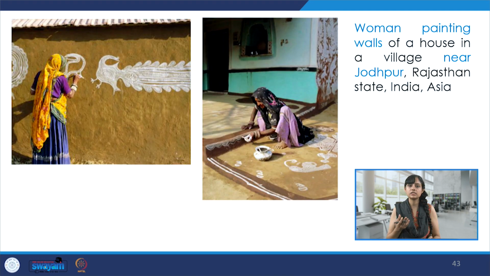That's also very interesting. Then some kinds of paintings that we see in Rajasthan, all sorts of houses, these paintings or wall finishes done by communities. Some of them are called Mandna paintings, which are done by women. And this is from a house in a village near Jodhpur, again in Rajasthan.